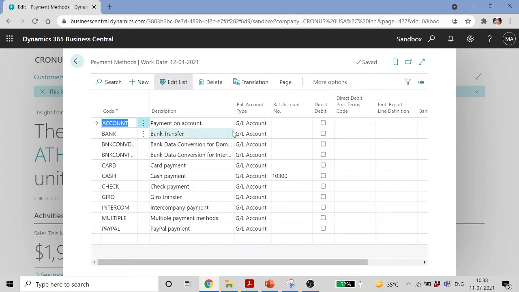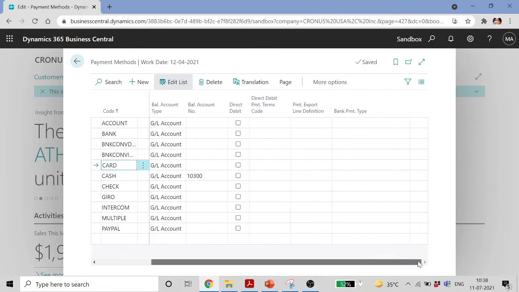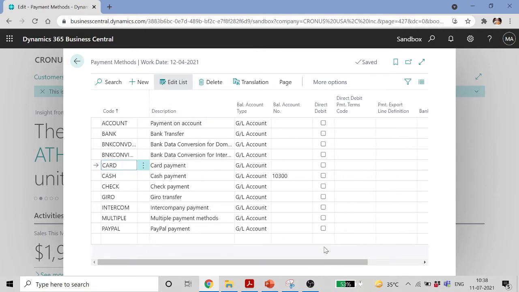Payment method defines your payment method, whether you will do check, giro, cash, or online, PayPal, or what is the method that you are going to use, or card payment. In this payment method, one thing which should be noted is, for example, if it is a cash payment,